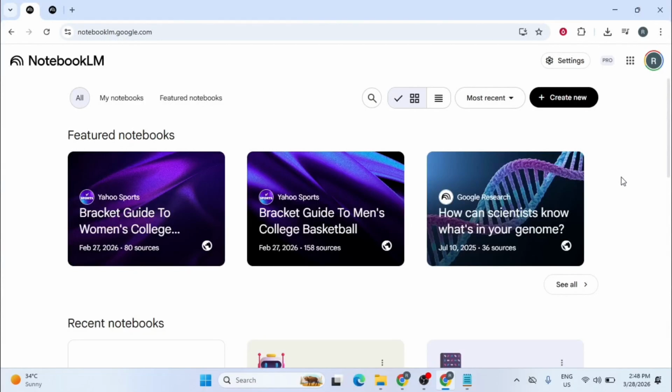In this video, I will show you how to save and download your audio overviews in NotebookLM. Let's get started. I begin on the NotebookLM home screen, where I can browse through various featured notebooks and my